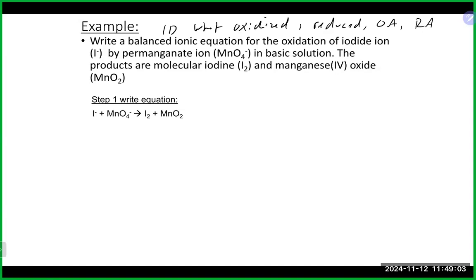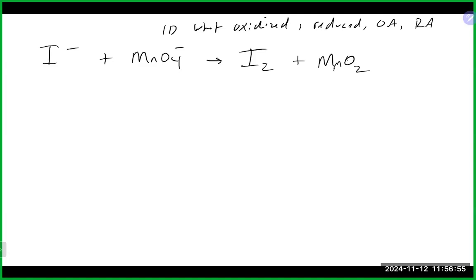All right, so take a few moments there, knock it out, see what you come up with. Okay, so let's take a look, see how you're progressing, and make sure you're on the right track. So again, I always start with figuring out who's being oxidized and who's being reduced. So when we look at oxidation states here, our I⁻ is going to be -1 as that's the